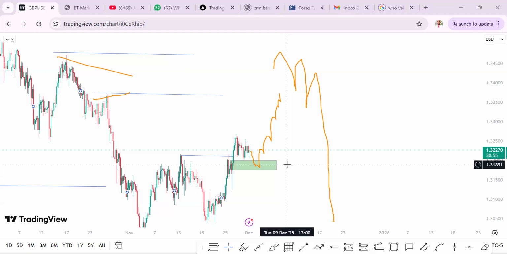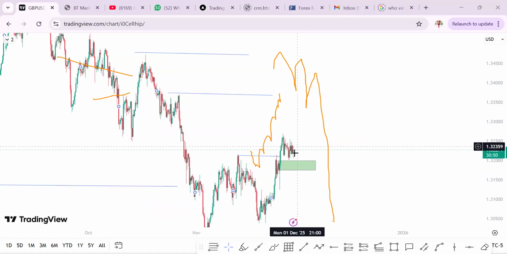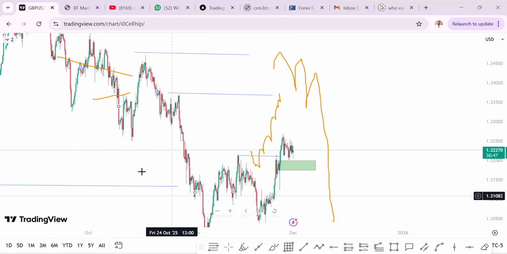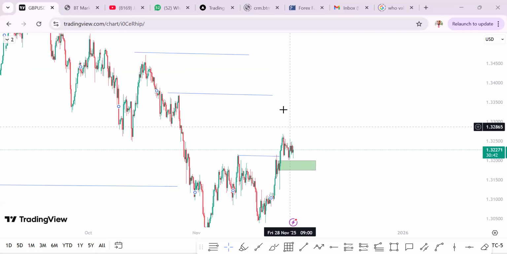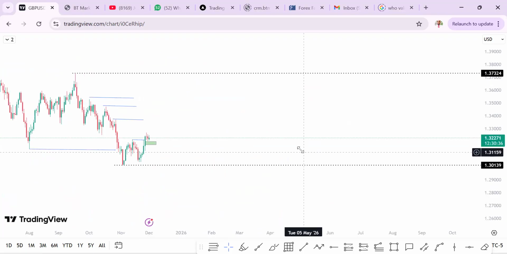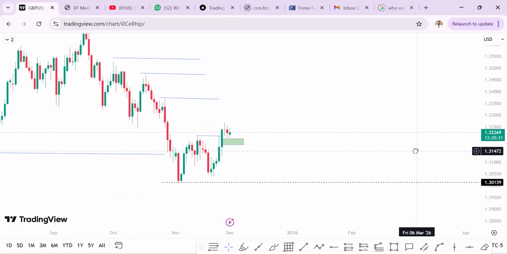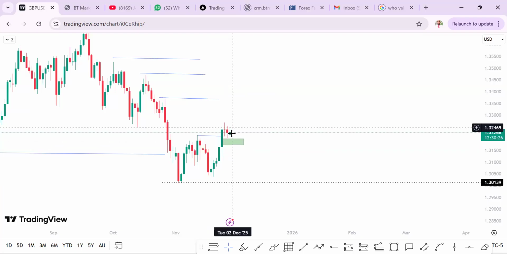So GU, if you want to join the buy, wait for maybe let them take out. Let me look at something. Let me look at what Friday profile. I would love this guy to take away Friday low first. Right. So I would love to see Friday low taken before I get into the buy. Once Friday low is taken and I see bullish evidence in 1 hour, then that will get me to